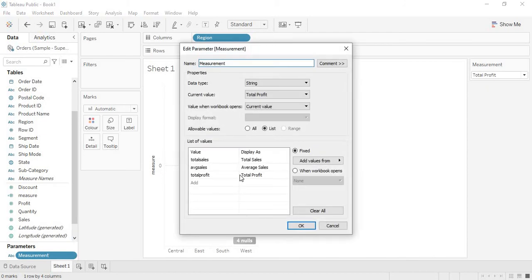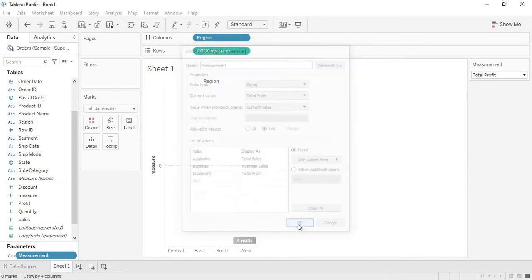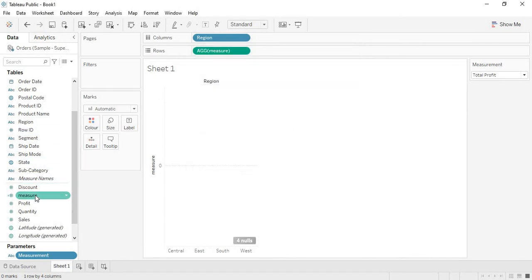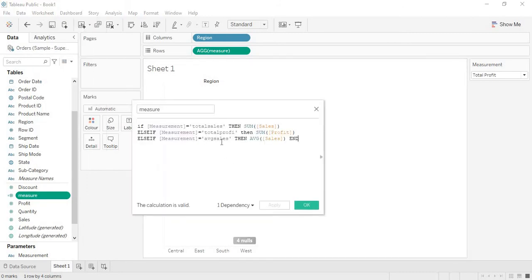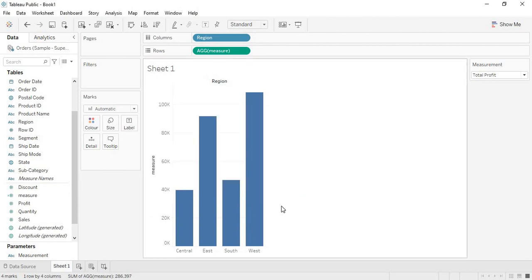I'm going to press the edit option and total profit. This is the exact value we have to give in the calculated field. Total. Okay, I had missed the T, so that is why it's showing the error in the graph. So again I corrected this and applied this, so it came here. And also the measure I had given here, so the values came here.